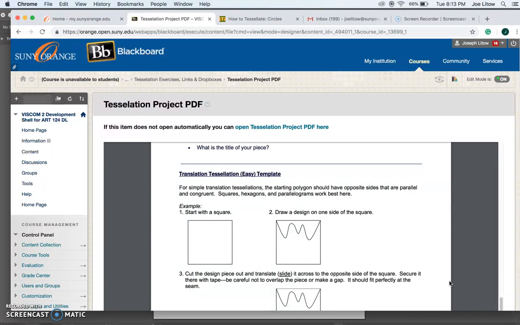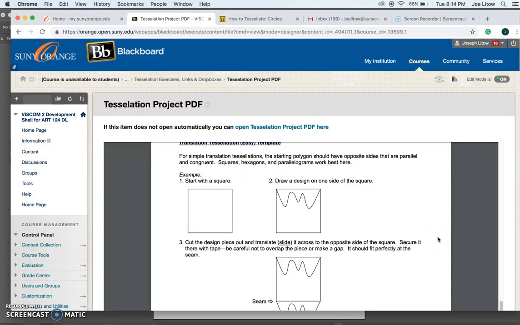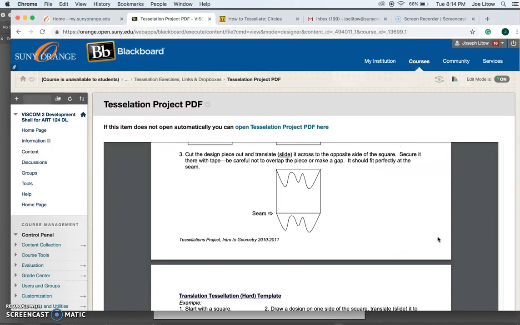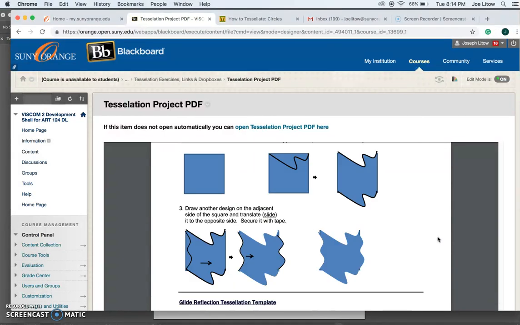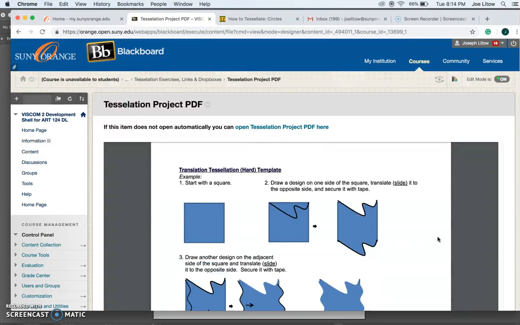This is very much in the same context as our Pegasus, and this just gives you another example of how to create a tessellating form based on a geometric form, in this case a square. And this one gives you a little bit more difficult way to do it, but it's another example of how to create your own tessellation.